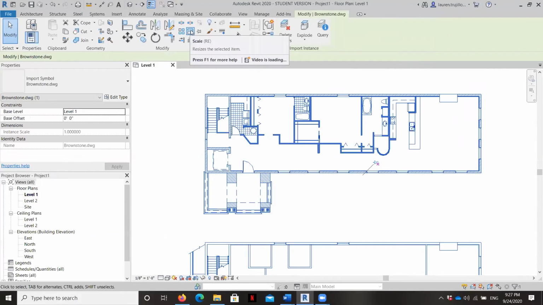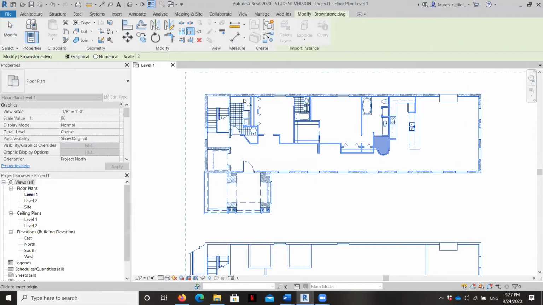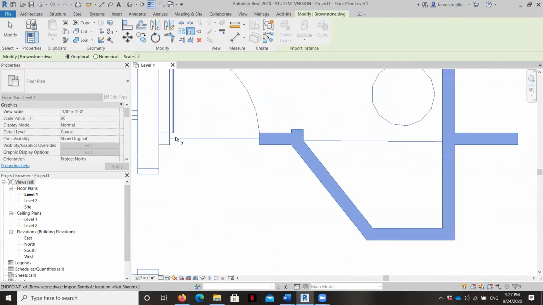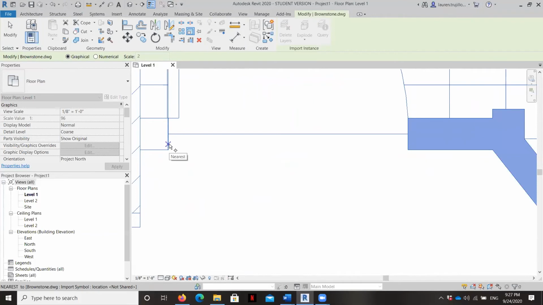We hit this little scale command. It's under Modify. So you hit Scale, and we want it to stay graphical. And now I'm telling Revit, I want you to go from here to here. And I want that dimension, so here I'm going to do click number 2.